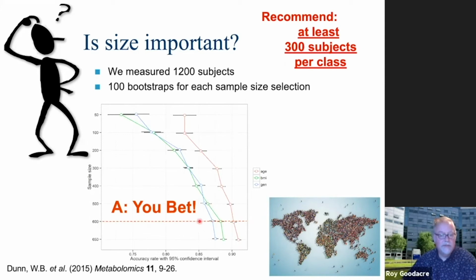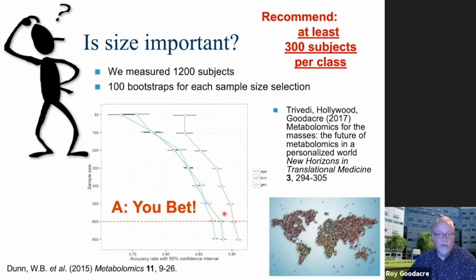And so if you take this as a point at which the curve flattens, this is where we might reach the so-called central limit theorem in the statistical literature for this population. It basically says you need at least 300 subjects per class. So size is important. And we reviewed this; Drupad and Kat Hollywood wrote this review in